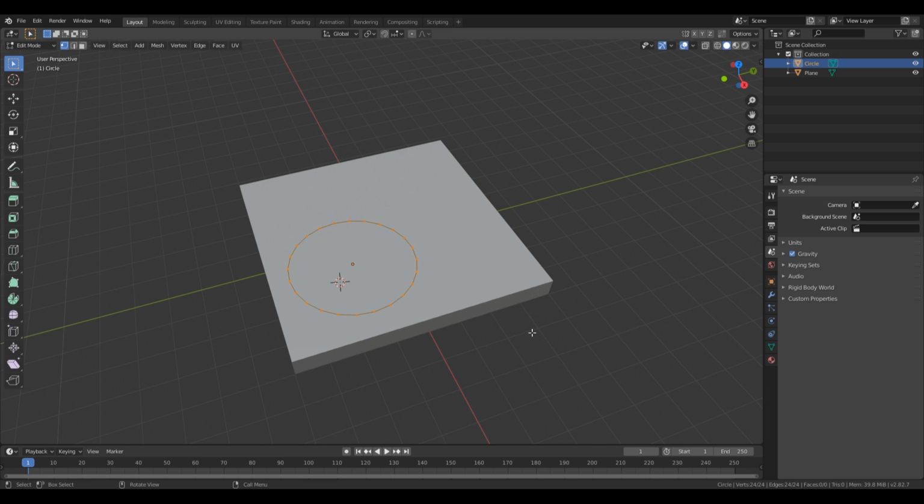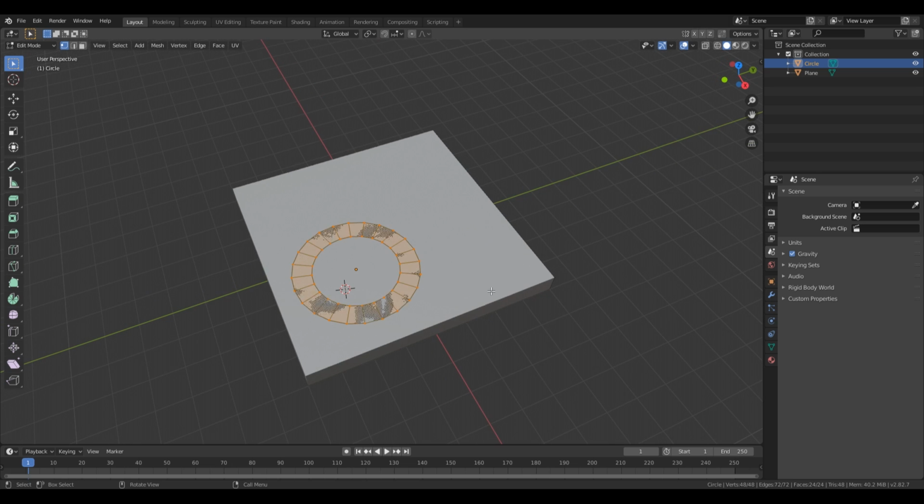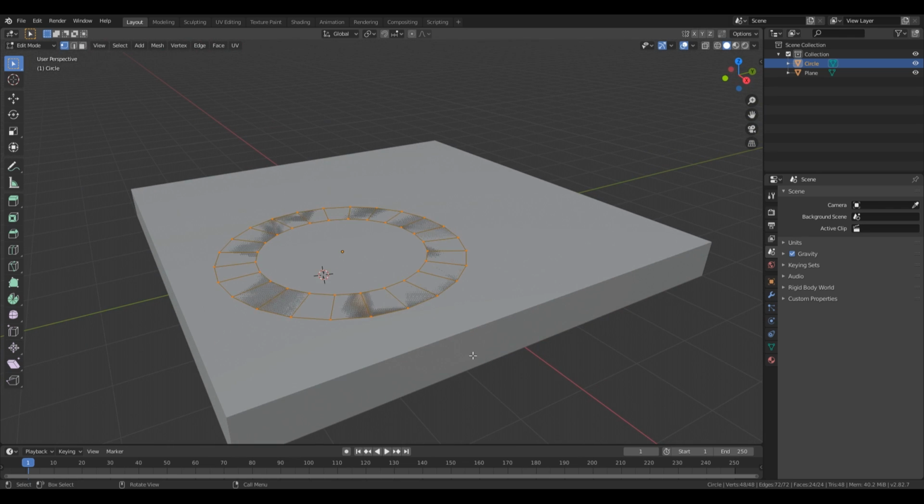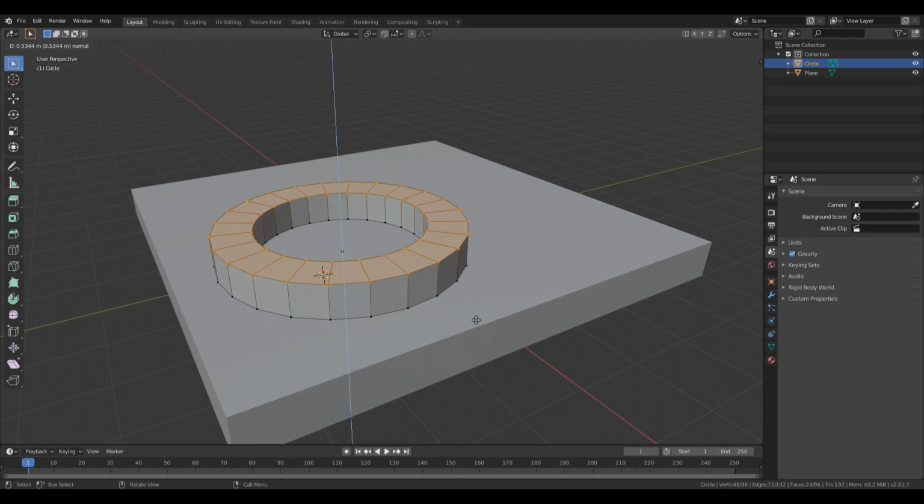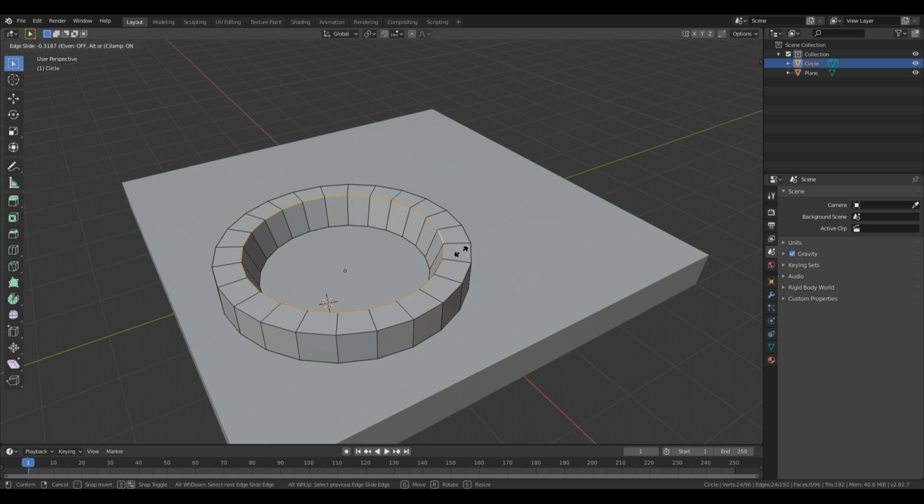And right now we can tab back in and press F to fill, then I, and do an inset like this and delete the faces. So now if you select all with A and extrude, you get this nice shape. And right now we can play along with this, so alt click here and press double G to slide it